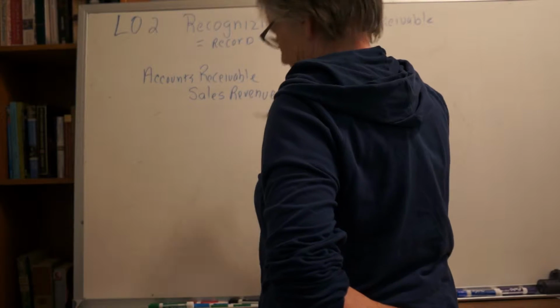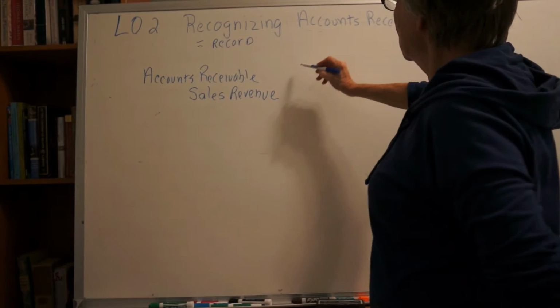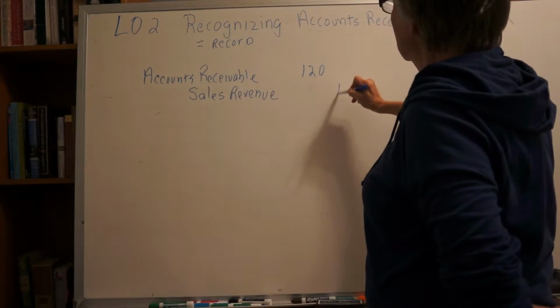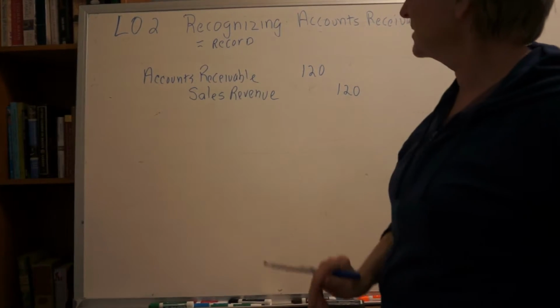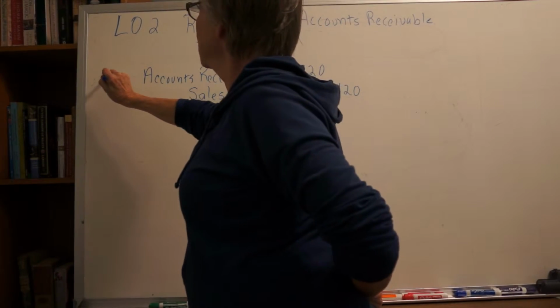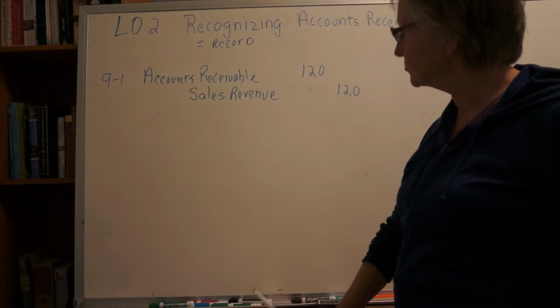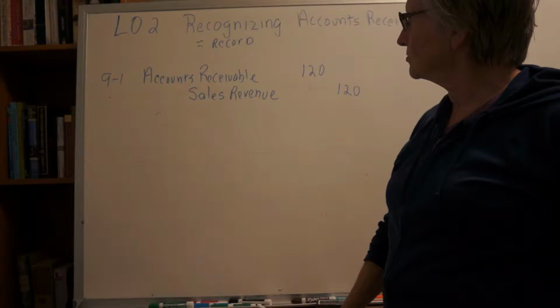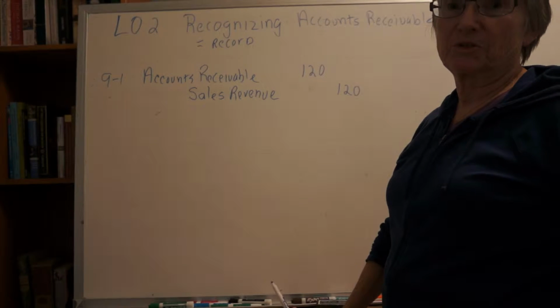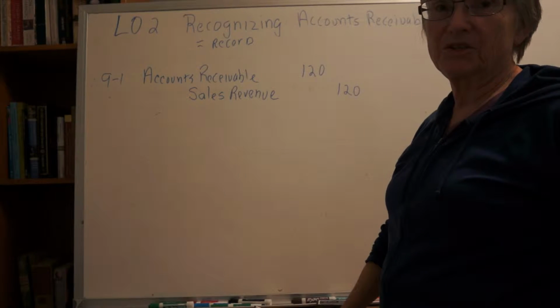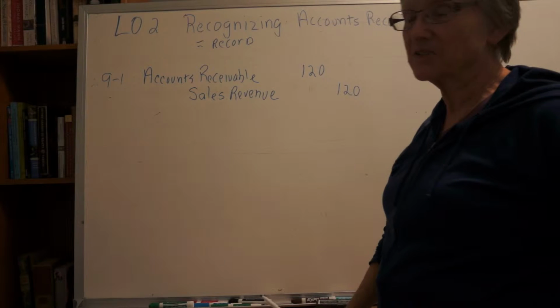I'll call it sales revenue. Okay, and so say we had 120, all right, pick a nice round number. So this would be, if we did a sale on the 1st of September, that would be our journal entry. We know from just going shopping and returning things ourselves that all sales don't last, and so sometimes